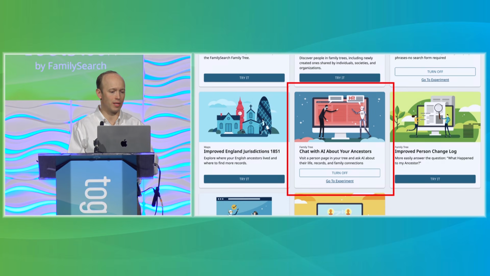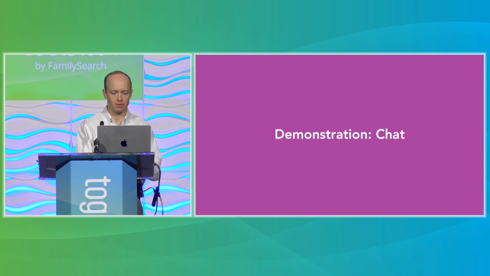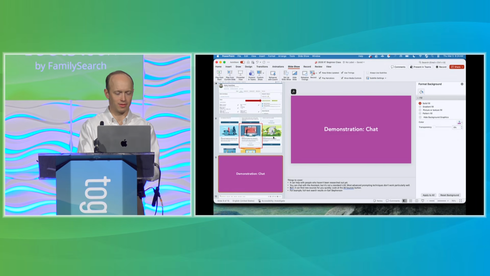The one to turn on the chat with the AI Research Assistant on the profile page is this one that's circled in red, chat with AI about your ancestors. Just hit that try it button and it'll look like this, and then go back to your ancestor's profile page and you're good to go. When you get there, it'll look like this. Let's see. So if you click on that, which we are totally going to do right now,